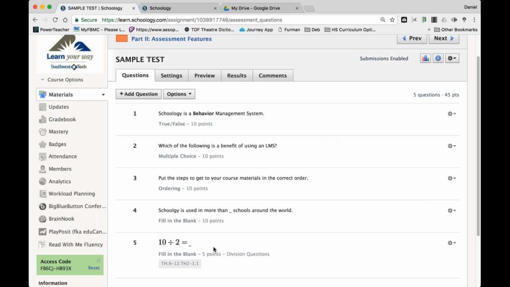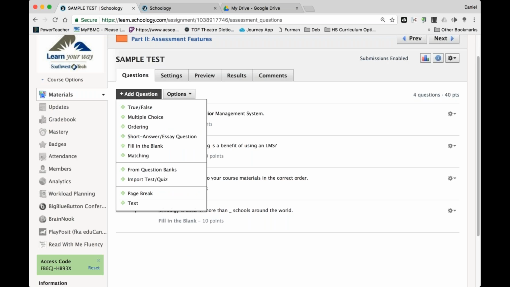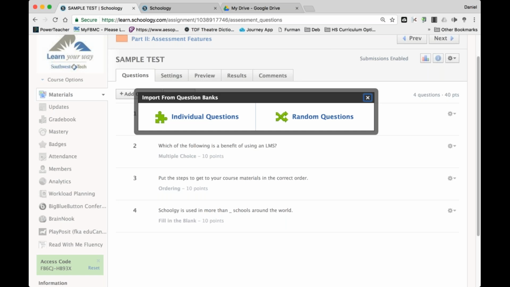It's already got your point values. It also keeps your objective alignment. So if you've aligned your questions in your test with objectives, that's going to stay there. It doesn't go away. So if you want to do it randomly, you do the same thing. You just click random instead of